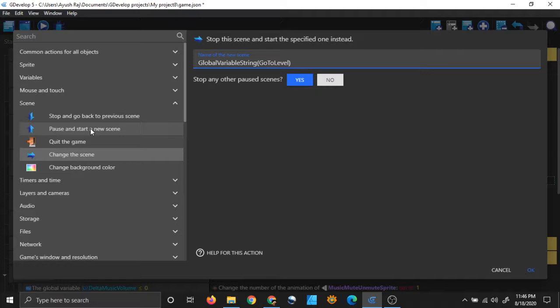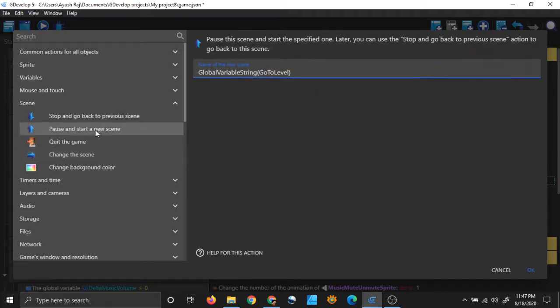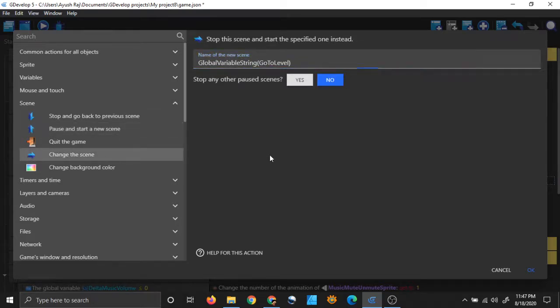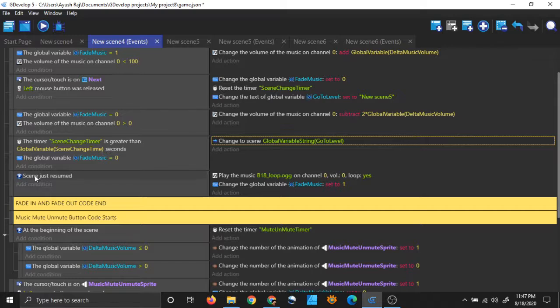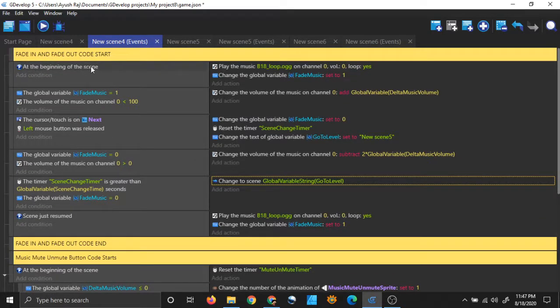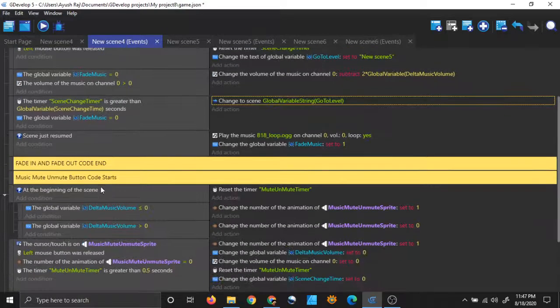You can pause and start a new scene. That is also okay. It will not break the code, I hope. You can pause and start a new scene, right? Because we have that handled here. Here we are handling the case when you stop the scene and come back to this scene again, and here we are handling the case when you pause the scene and come back to this scene again.